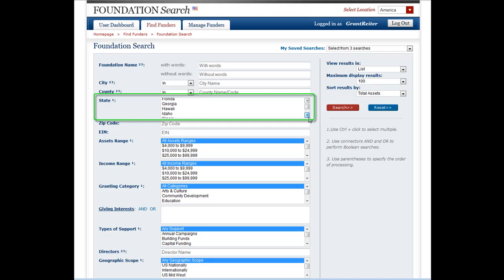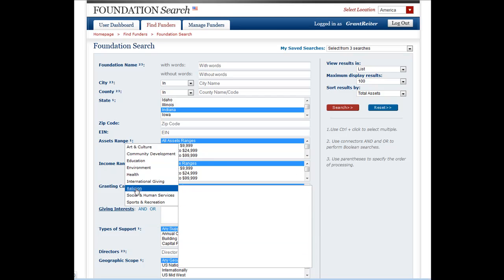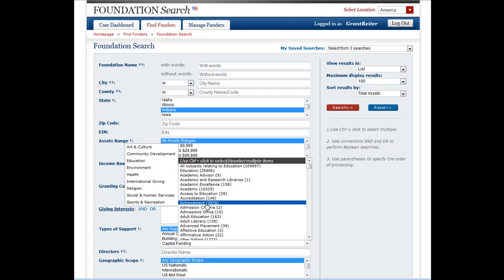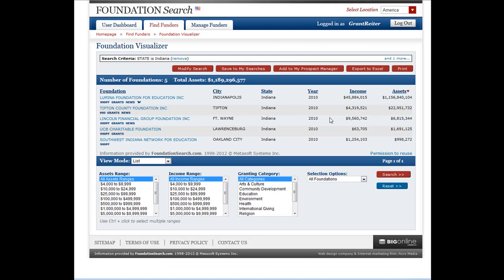Scroll and click to select the state of Indiana. Under the giving interests, find adult literacy under Education, and click to select. In my search results, I can see 5 foundations listed. If I click on any of the foundation names,